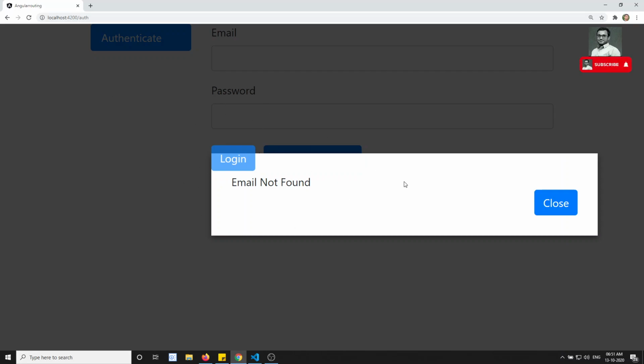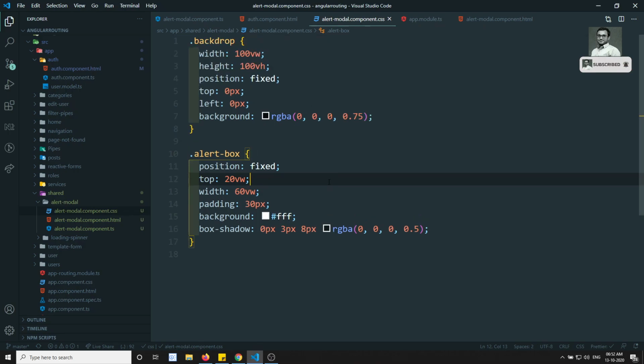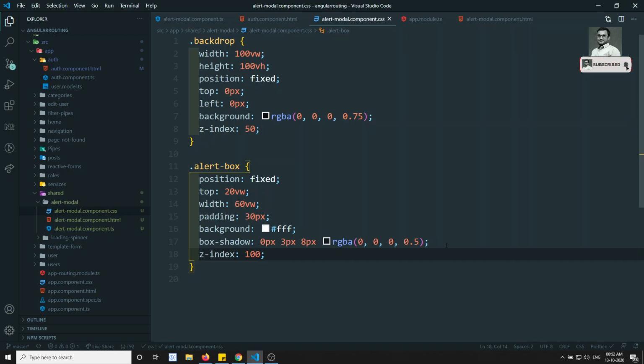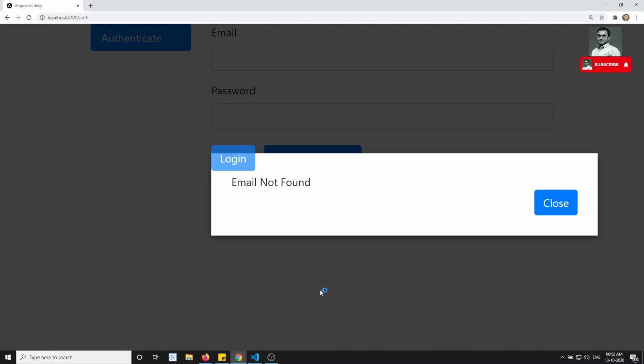But here we are able to see a z-index problem. So what we'll try to do is this one will be z-index of 50, and this one I will give z-index of 100. So this should be outside, right? Now let's refresh it.